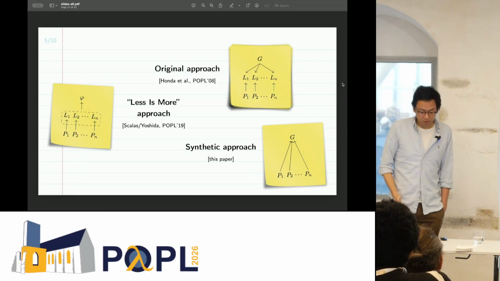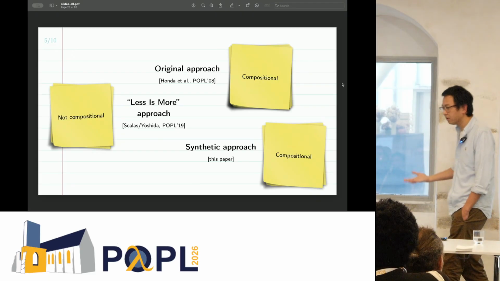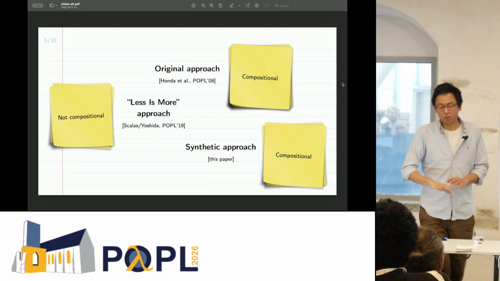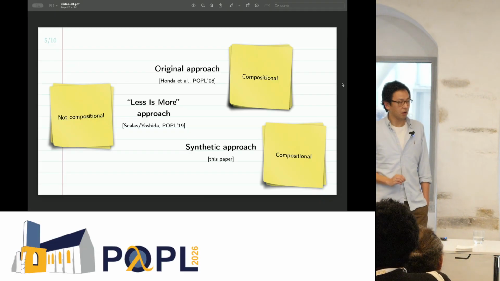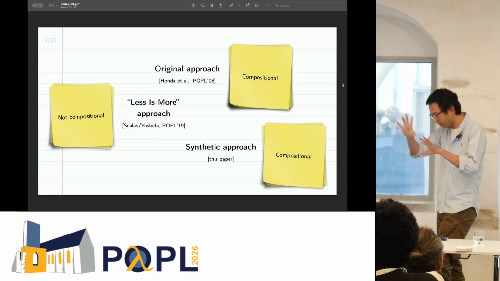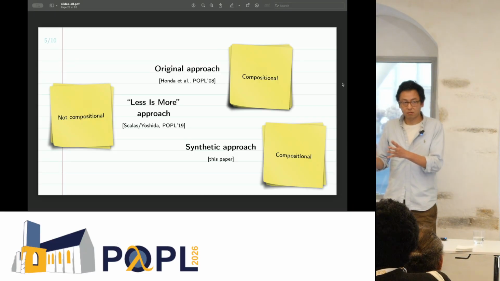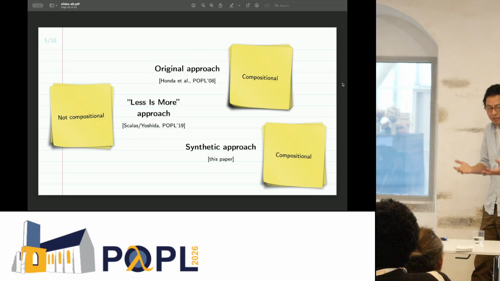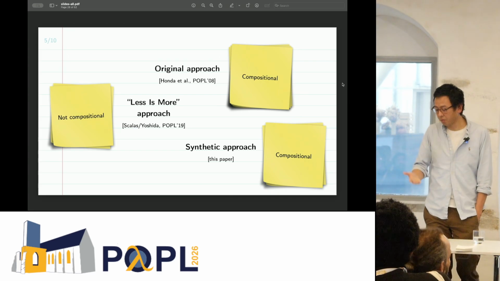Now, why would you want to do this? What is the advantage? Well, it turns out that by doing so, we can somehow recover the compositional nature of this whole type-checking approach that was part of the original paper, but that was somehow lost in this less is more approach. Because in this less is more approach, in addition to just type-checking your processes, you also need to do separately a kind of global analysis on the state space of your local types, which is sort of non-compositional in nature. Okay? And so with this approach that we propose in this paper, we do have a kind of compositionality.